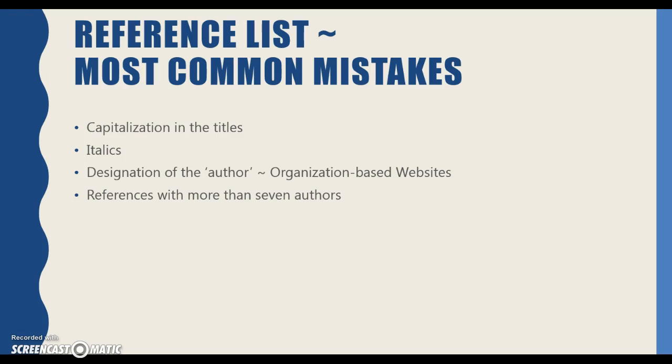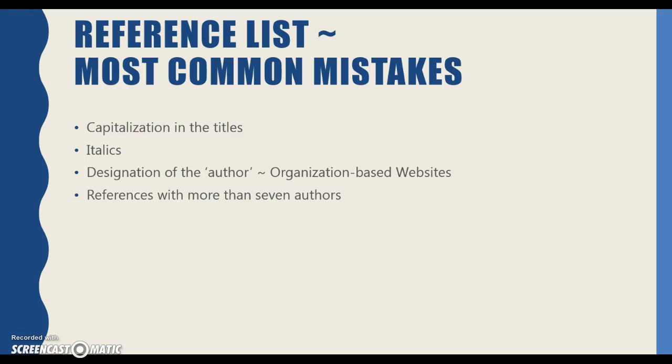As far as designating the author, many times with the websites, they are organization-based, but sometimes there are different resources that you may use within a government website that has specific authors, so keep that in mind as well. And also there is guidance within the APA manual on references that have more than 7 authors. There's actually within the reference examples, there is a page that relates to references that have more than 7 authors. So with that case, you don't list out each and every author. You list out the first 6,